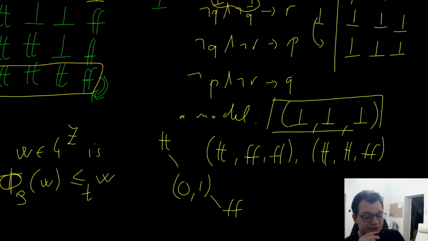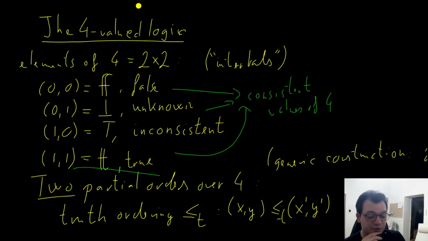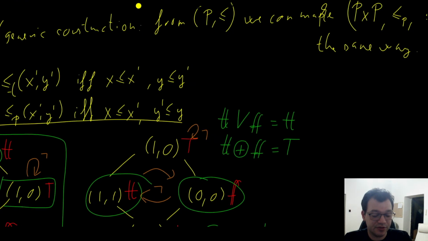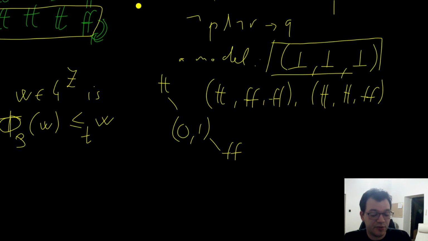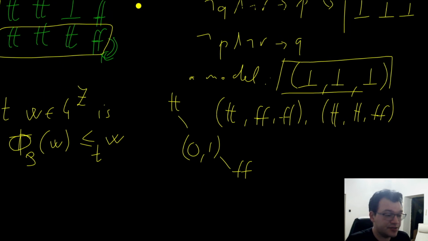So if you just use at least one value of true, then that won't be a strictly smaller assignment than the unknown. Anyways, this will be one of those minimal assignments, and there will be many other minimal assignments,